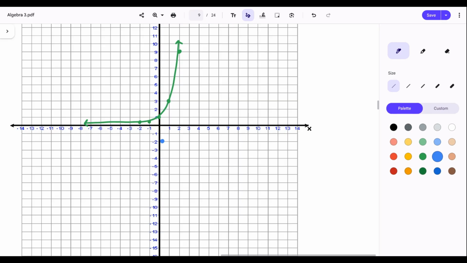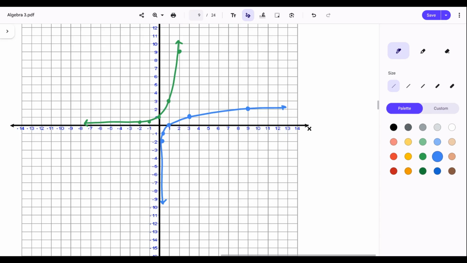And then 1/3 would be at -1. 1 is at 0. 3 is my next point, is up at 1. And then 9 is at 2. Okay, and then I'm just going to graph this. So I also hope you can see how we basically took that green equation, my exponential function that I graphed